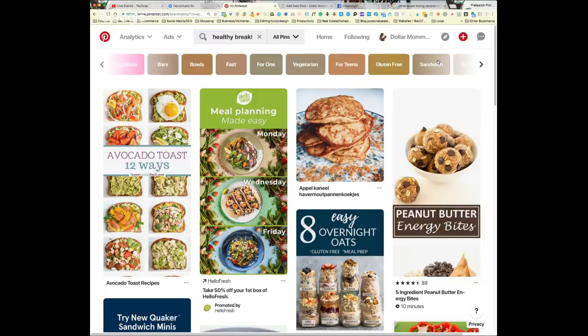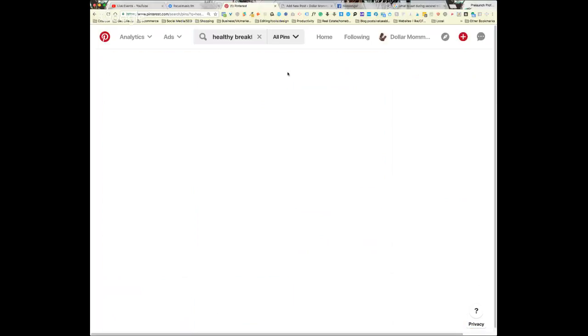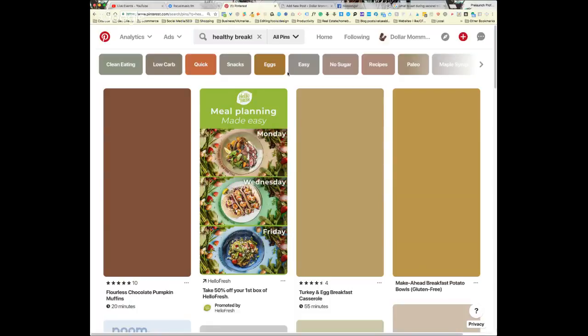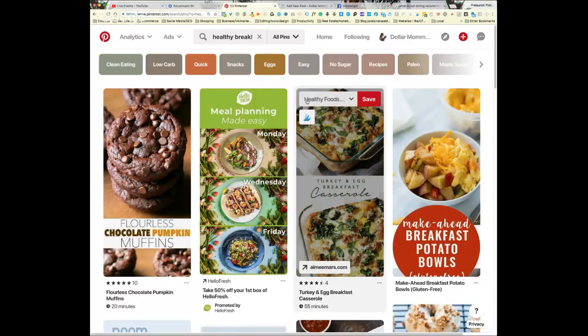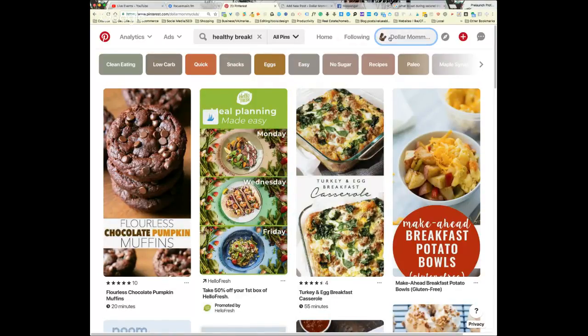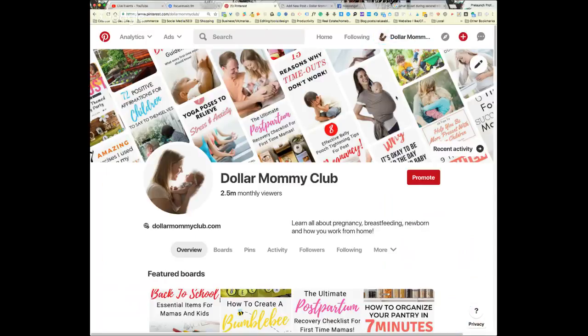Let's do gluten-free. Gluten-free, healthy breakfast, gluten-free. Now look at all these other keywords that you can do. So basically, you see kind of what's out there. Then when you find about 3 or 4 keywords for your description here, then you're just going